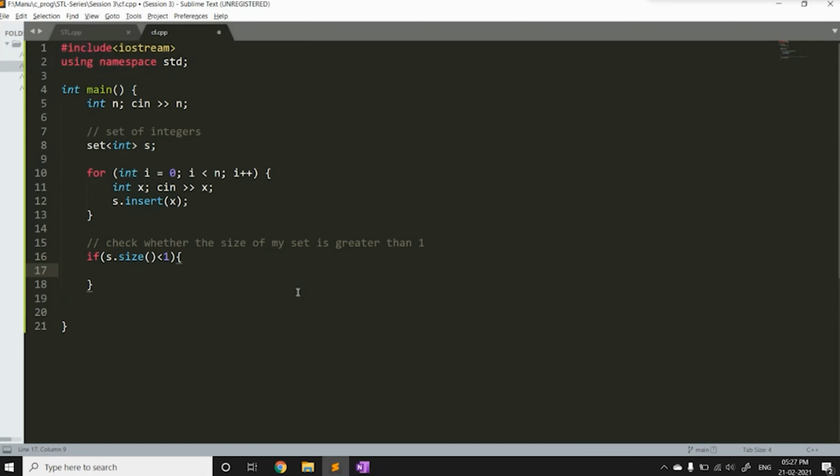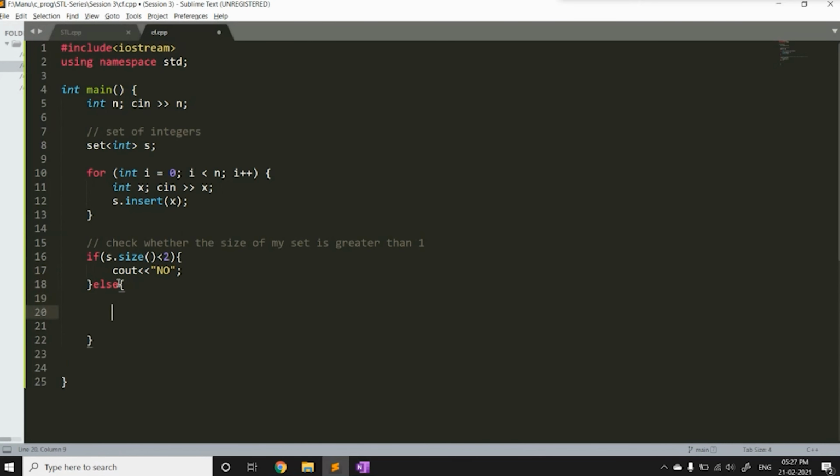So I think it should be less than 2. That is, if the size is only 1, then I should print no. And otherwise I can always give them the answer.